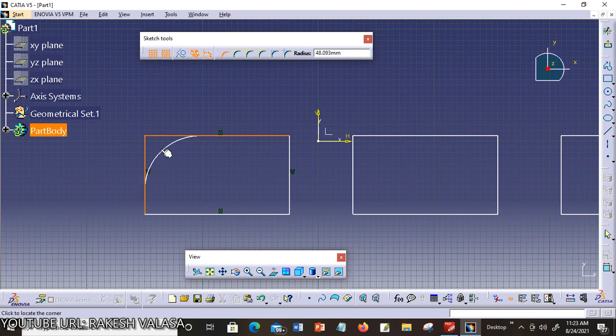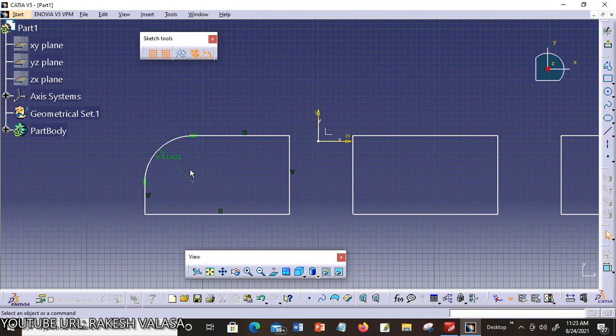This lets you vary the dimension of the corner. You can also enter the radius in the Sketch Tools toolbar. You can also click when you are satisfied with the corner dimensions. Both lines are trimmed at the points of tangency with the corner. You can see here the radius is 41.423 mm.